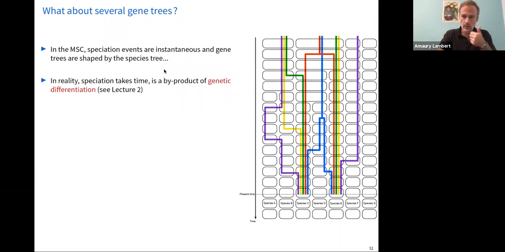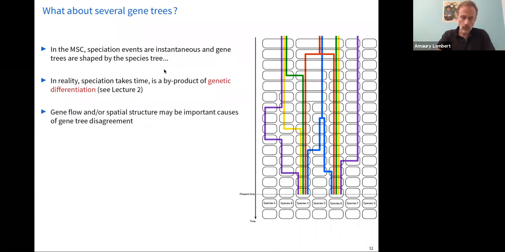In reality, speciation takes time, something that we said in the last lecture, and it is a byproduct of genetic differentiation, right? It's because individuals from the same species, or populations from the same species, progressively differentiate genetically that the species to which they belong splits into two. It's not the other way around. So we have to shift to models where the gene trees shape the species tree, and not like in the